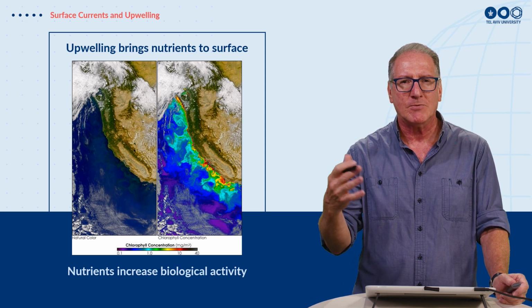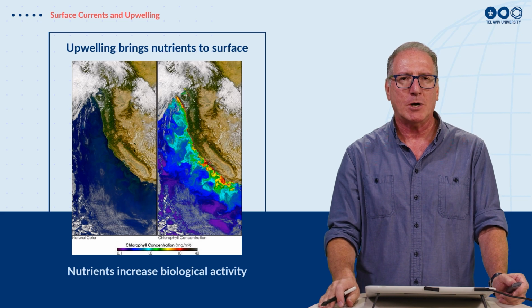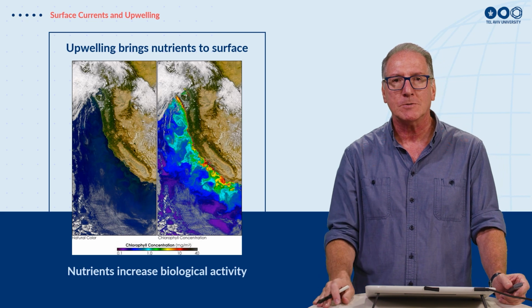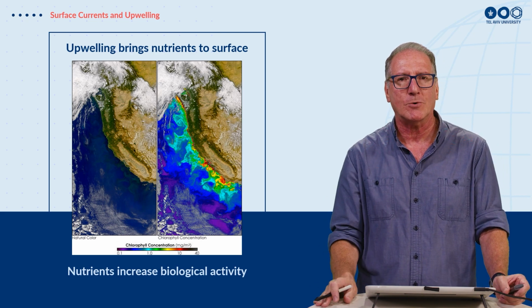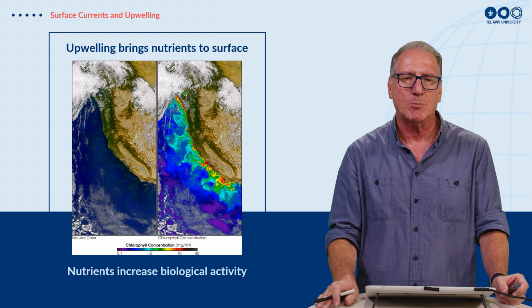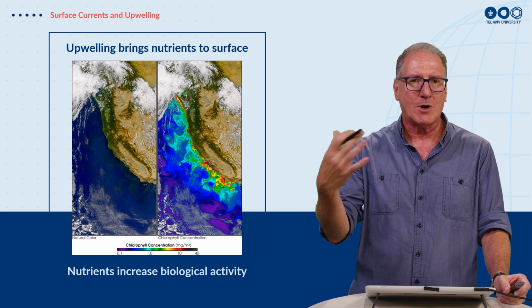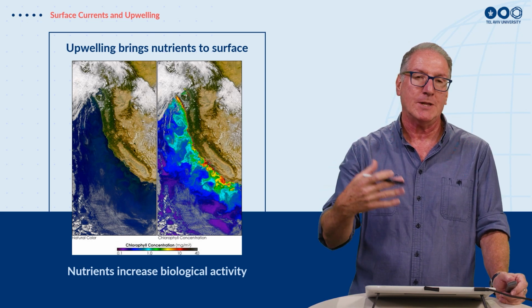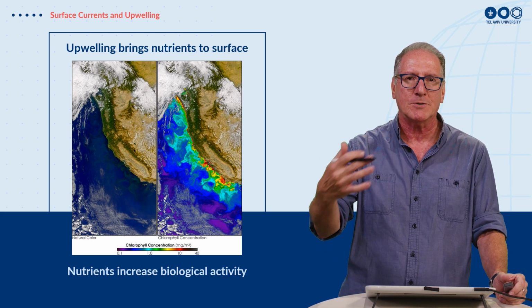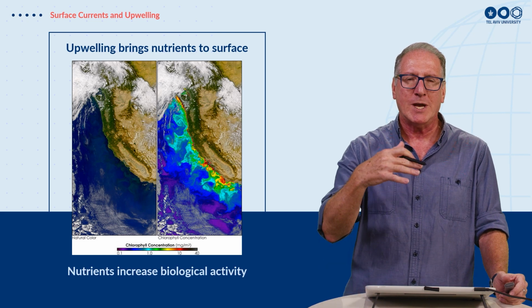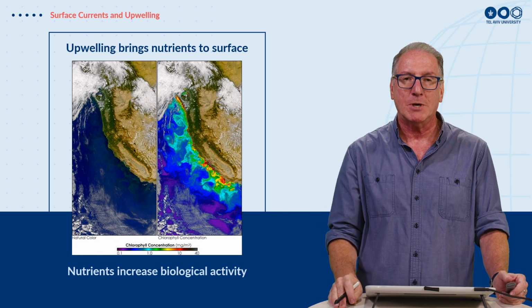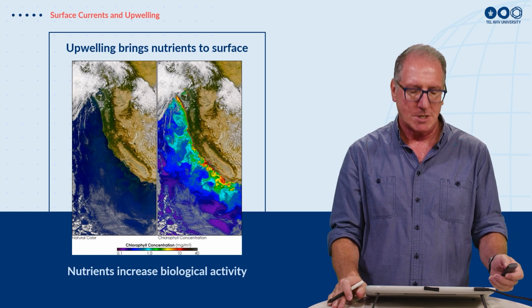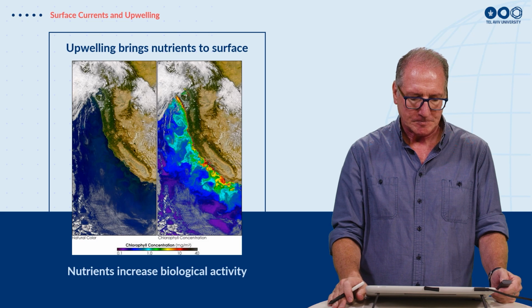On the right, we can see in a different color, looking from a satellite, a different part of the spectrum. This tells us something about the concentration of chlorophyll in the ocean. Along the coast of California, because we have so many nutrients being brought up to the surface, we have thriving biological activity, both the phytoplankton, the vegetation, and that's the food for the zooplankton and all the different fish in the ocean. We have very rich biological activity here because of this phenomenon of upwelling, which is driven actually by the surface winds blowing across the surface.